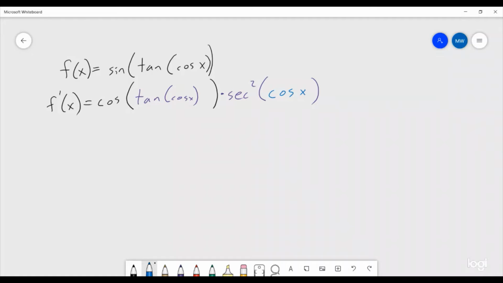But then we have to take the derivative of that inside. So the derivative of cosine, that is a negative sine of x. And then the derivative of x, that's just a 1, so that means that we are done. We have successfully finished this chain rule. So that is how we would figure out the derivative of that. If we had a different function,